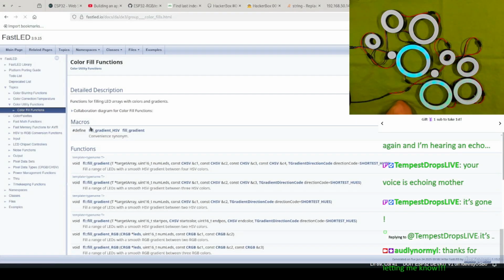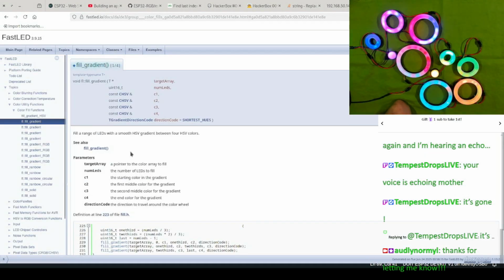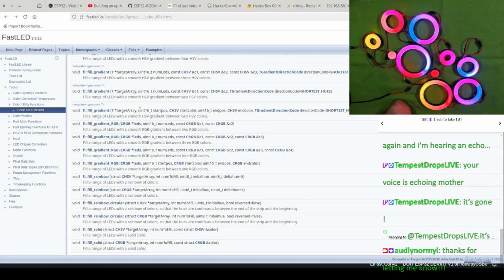Color fill functions, that's what we need. All right, fill gradient. Fill solid. Okay, yeah, fill solid. So we just need to do fill solid instead of fill rainbow.